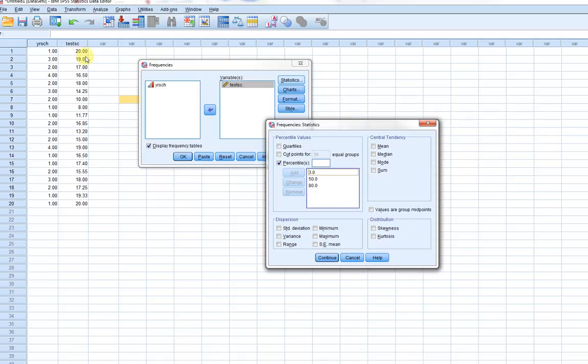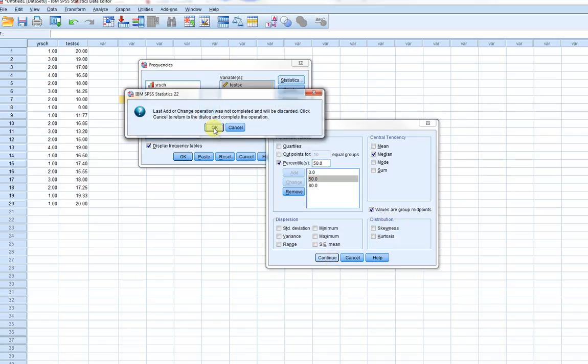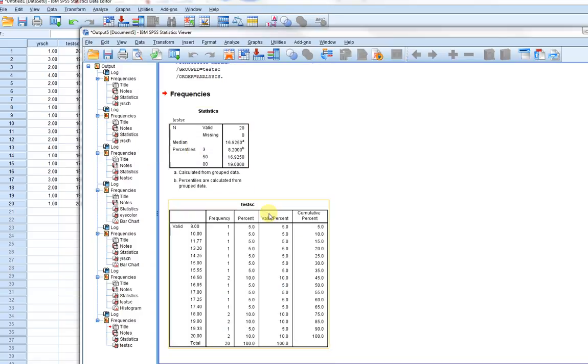If I assume that my data are continuous in nature, then what I need to do is to click on values or group midpoints. So this will give me a more precise estimate of these percentiles. Note too that the median is equal to the 50th percentile, so by virtue of asking for the 50th percentile here, I'm basically asking for the median. So at any rate, if I click on Continue and then on OK, we see my distribution of scores in the data set, and we see the median value